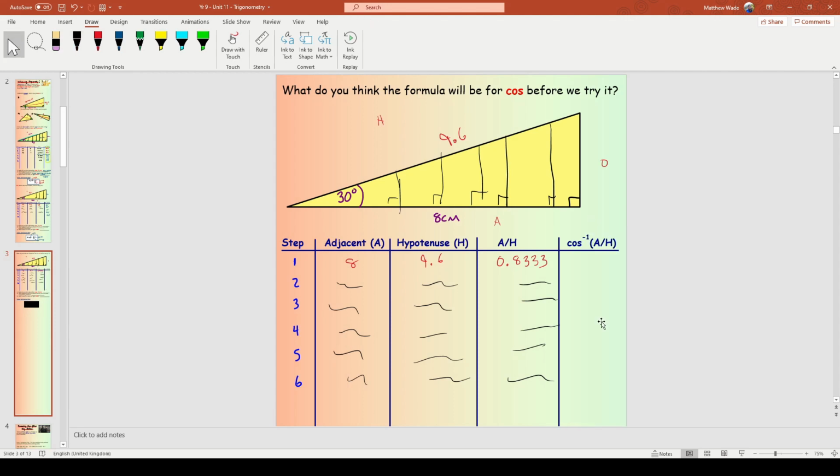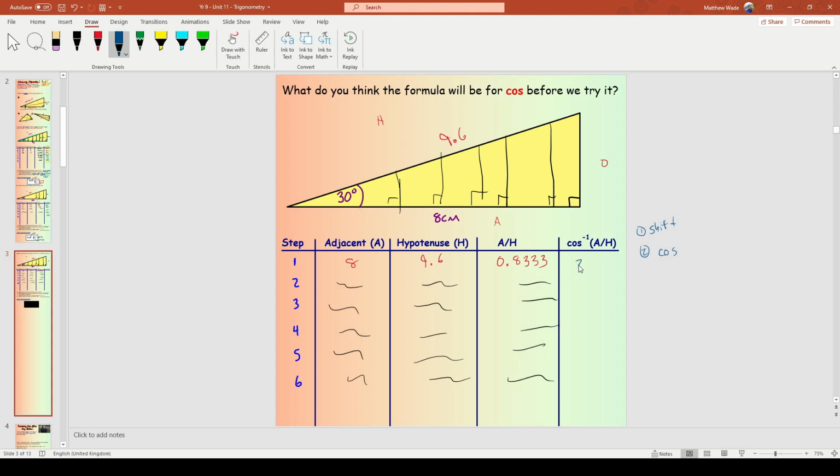Same deal again, but this time with cos in the calculator. So what button do you push again? Shift, first of all. Then you're going to push cos, second of all. Then you're going to put the number in and see what you get. So in the first one, if I did it, shift cos, 0.833, close the bracket, and I got